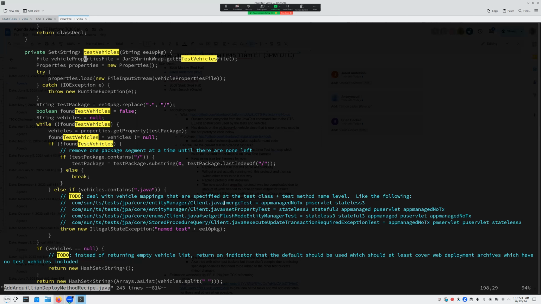And the only thing that we didn't do was handle the test method level settings yet, like in this case, like the merge test method has separate test vehicles. Yeah, I mean, I guess one kind of question would be, are these subsets of what the package has? Because the issue with,